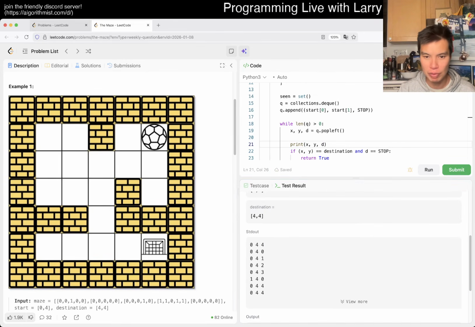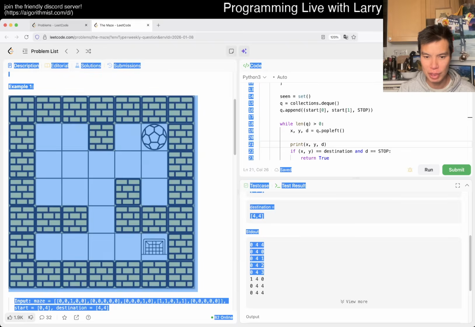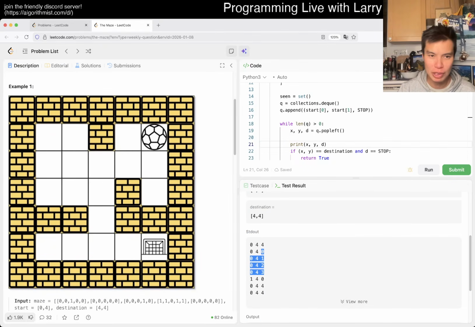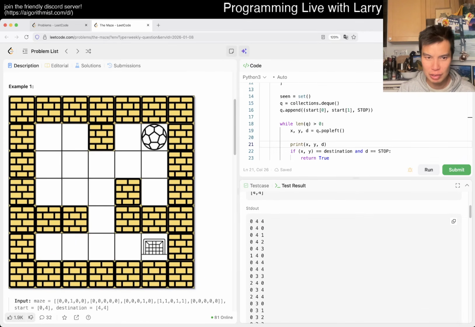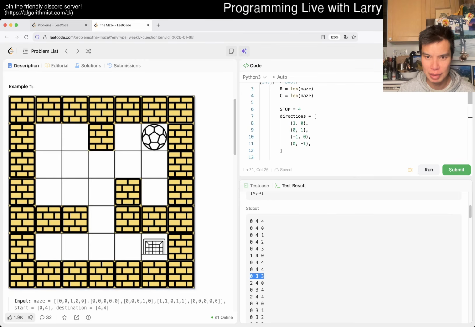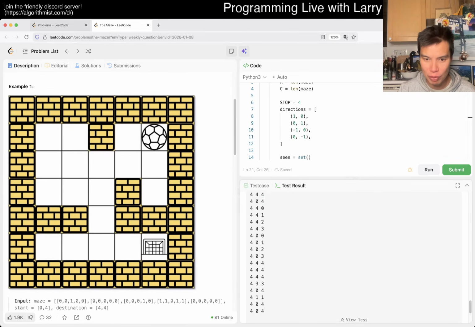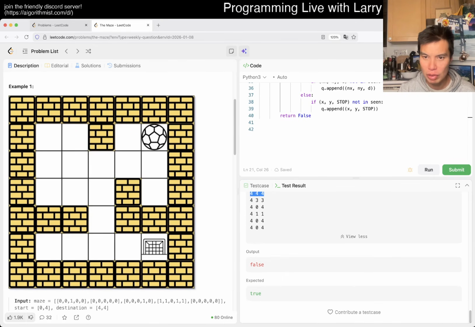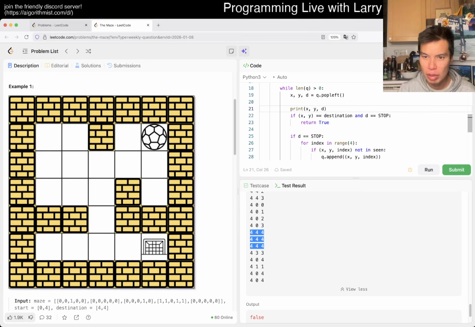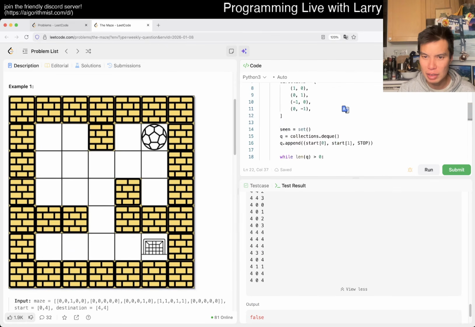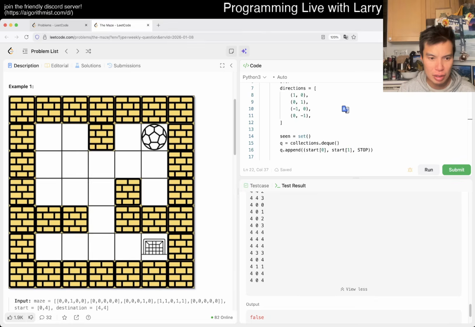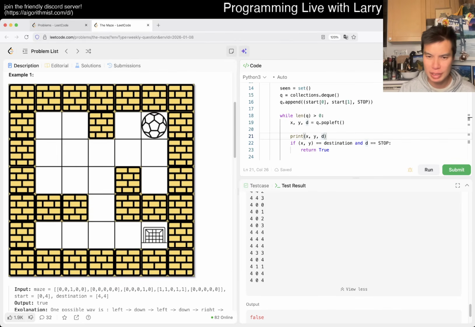Okay, so we just have 0, 4 for 4, so you kick in 4 directions. So you want to go 3, 0, 3, 0, 3. I don't know. This is probably, yeah, it goes to the right, and then now down. Okay, so it does go to 4, 4, but just not 4, 4. Oh no, 4, 4, 4. So then why is it not returning true? XY is equal to destination. Is the other one just false?